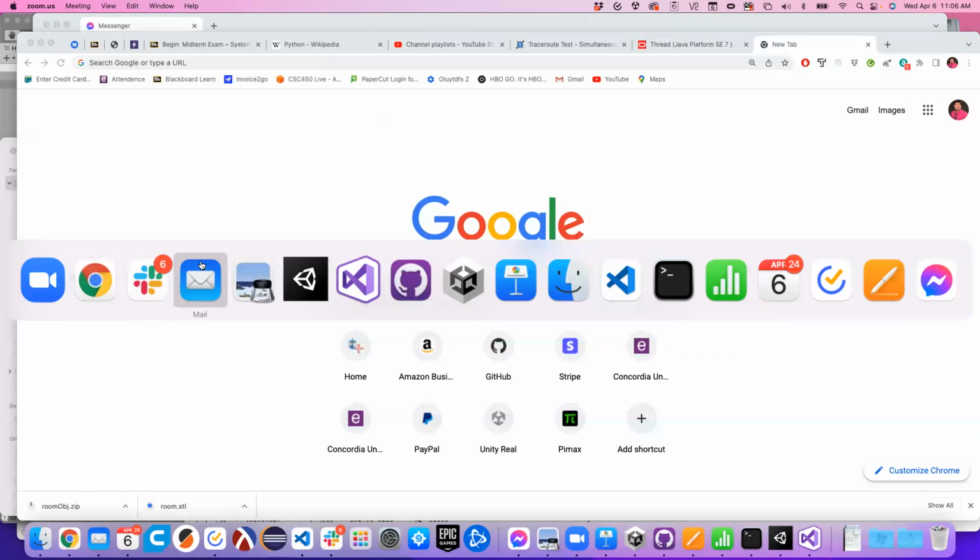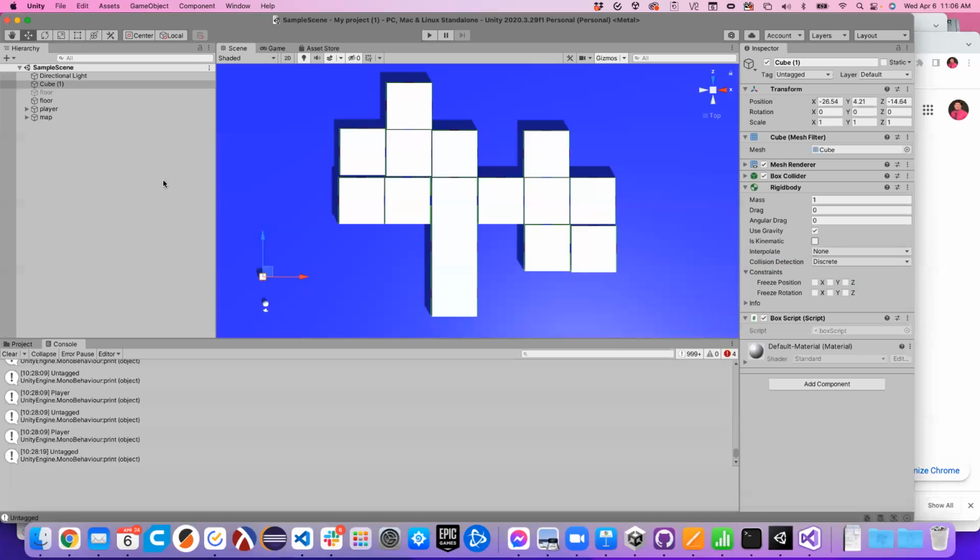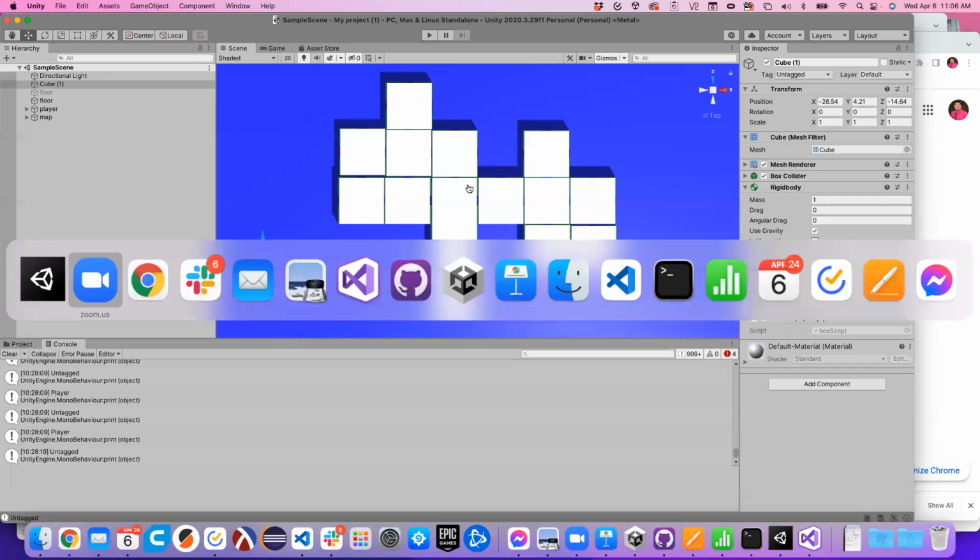All right, so last time we finished building our map here. And we had our player inside there rolling around and things like that. And I mentioned that, and we also, at the end of class last time, brought in